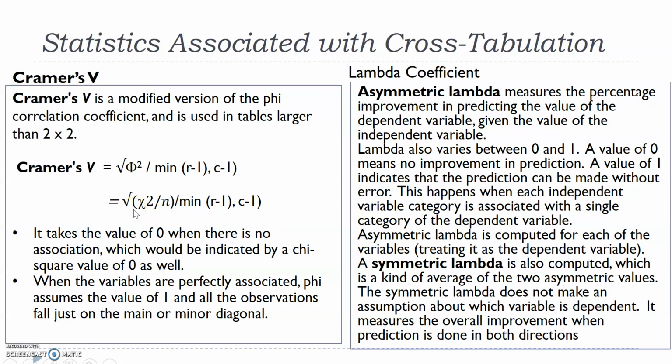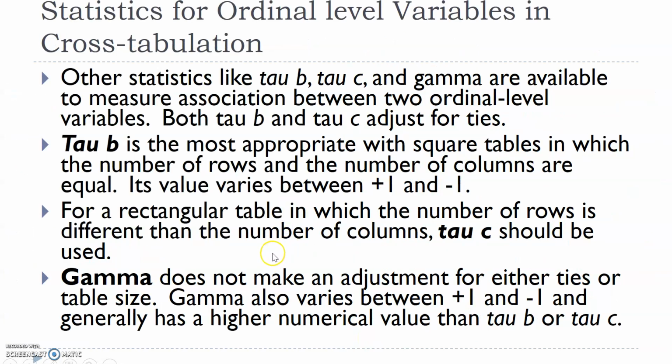Chi-square only says whether there is a relationship or not. These coefficients talk about the strength of the relationship. The number varies from 0 to 1. If it is 0.6 or 0.8, that means it is a good strength of relationship. If it is less than 0.05, that means the strength of relationship is not that big, right? The other coefficient, lambda coefficient, shows the direction of movement. In statistical software, we can find out the lambda coefficient.